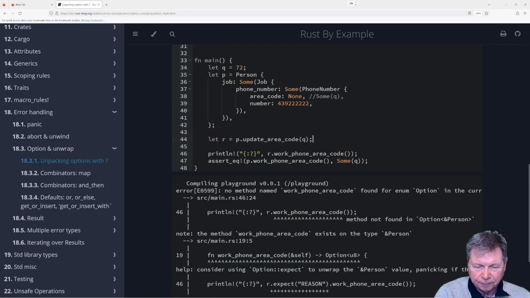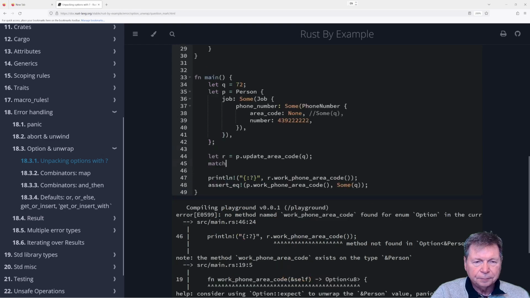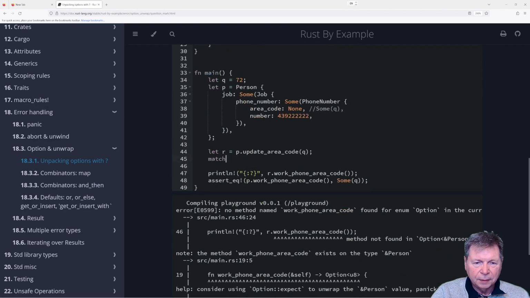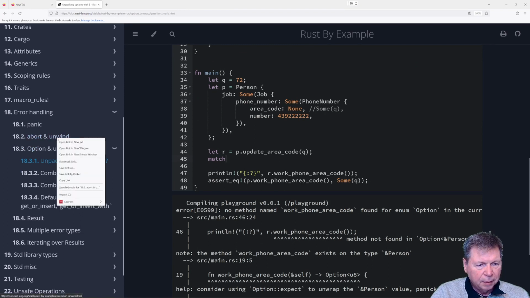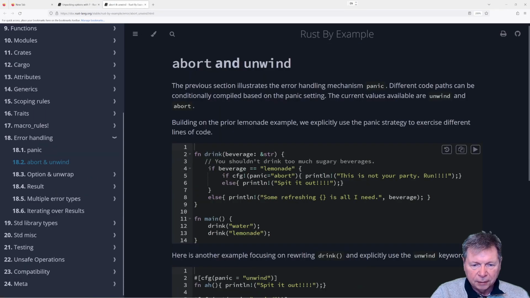Match. I don't remember the syntax of match, but it was in here, wasn't it? So let's open this one in a new tab so we can go back and look.